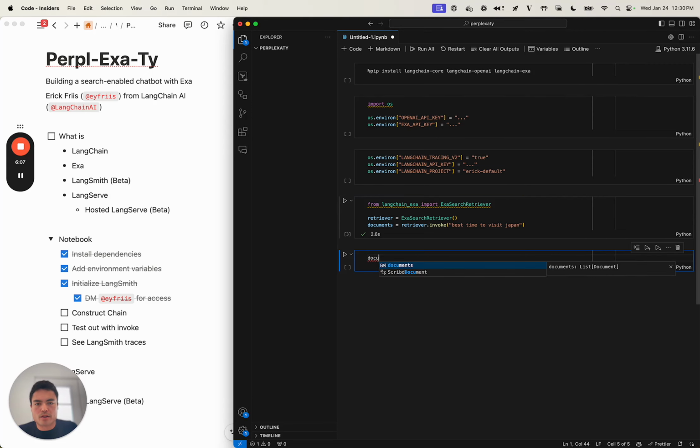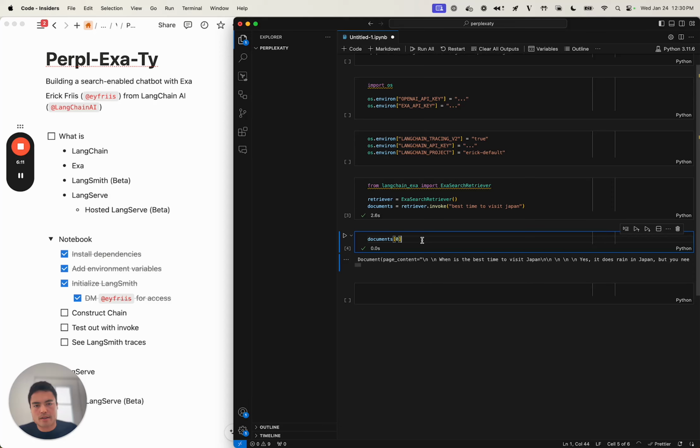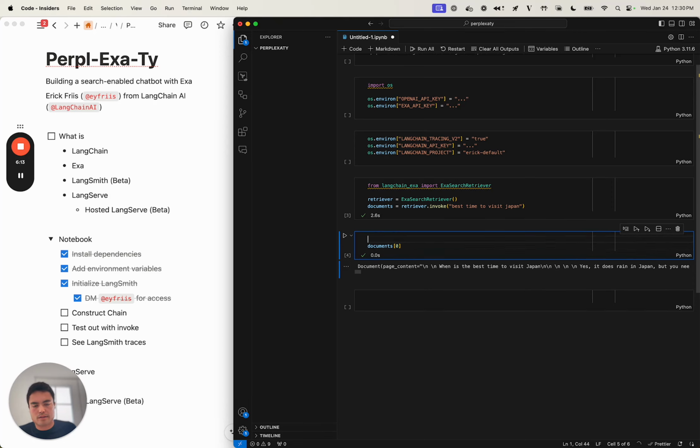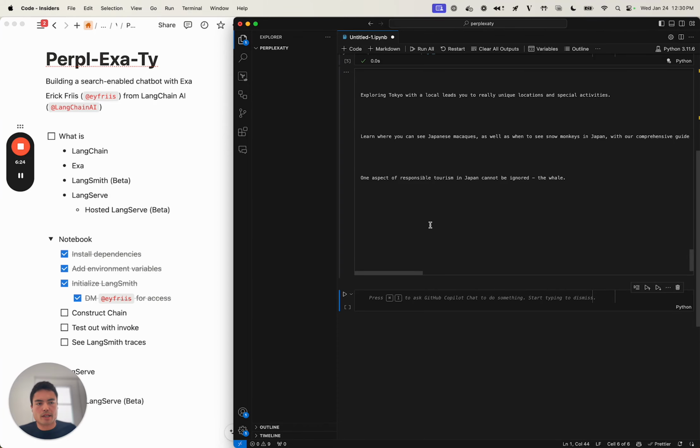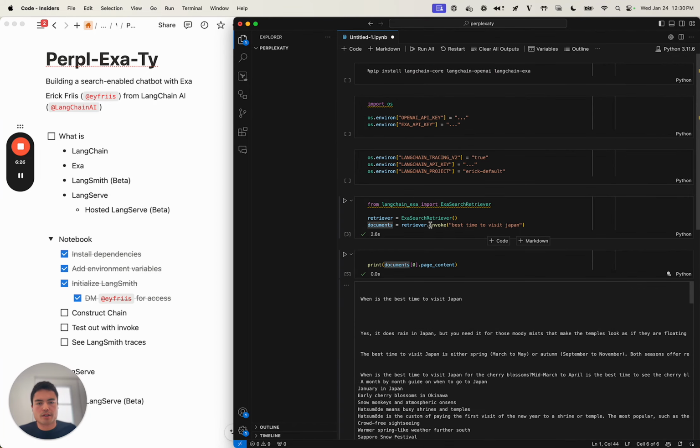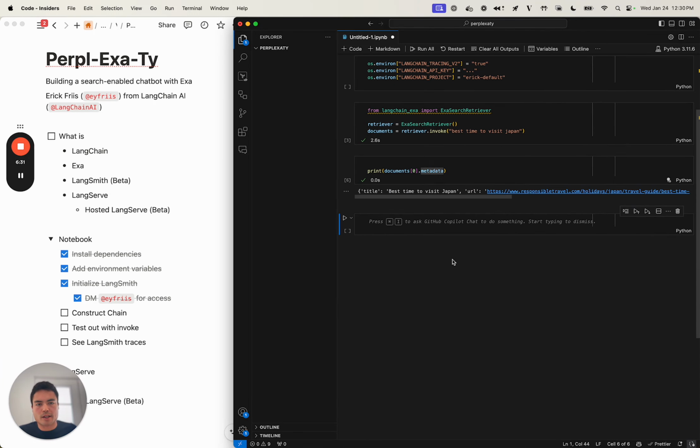And if we inspect those, or inspect the first one, we can see that we have some content, which is actually going to be the entire page content of that website. So it's going to be rather large. And we'll also have some metadata on that document. And so here we'll have some page titles, URLs,